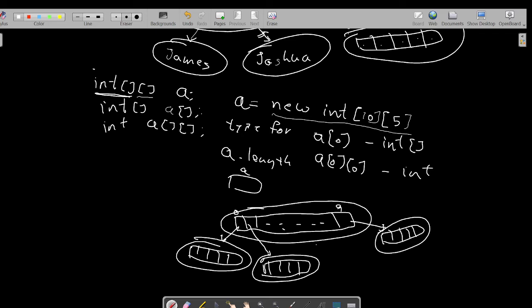And yeah, so this A refers here. A refers to the array with 10 elements. So A.length is 10, A[0].length is 5, A[1].length is 5, and so on. And now, if someone does like this, someone says, okay, let me have, after this new is done,